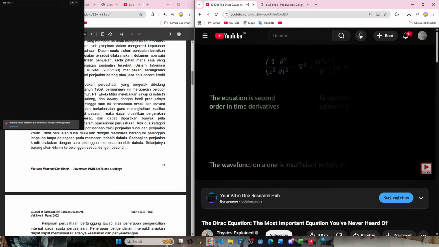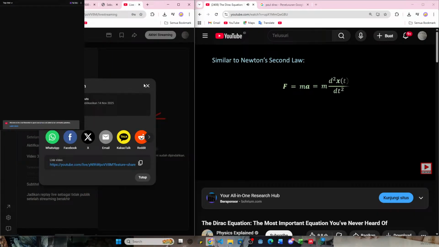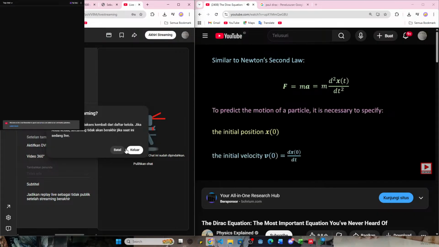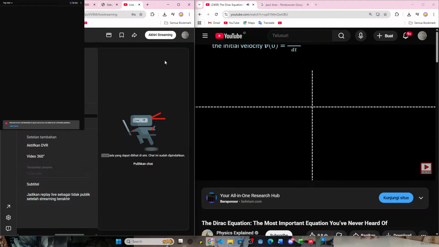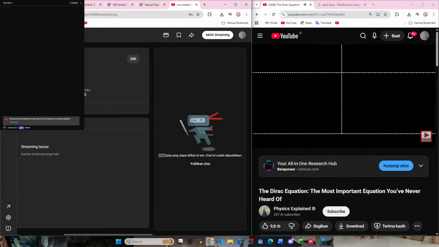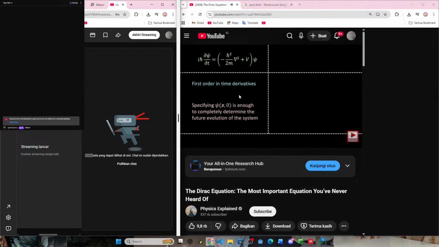of the system. This situation is similar to classical mechanics, where Newton's second law states that the force acting on a mass m is equal to the mass times its acceleration, where acceleration is defined as the second derivative of position with respect to time. To predict the motion of a particle, it's necessary to specify both the initial position and the initial velocity. In contrast, as we've already seen, the non-relativistic Schrödinger equation is first order in time derivatives, meaning that specifying the wave function at t equals 0